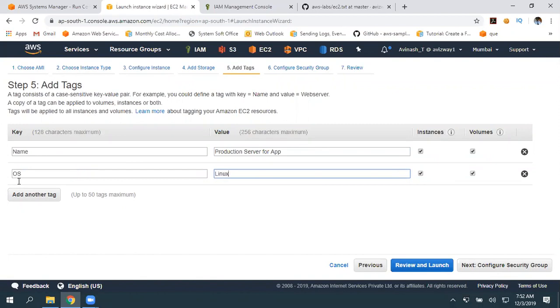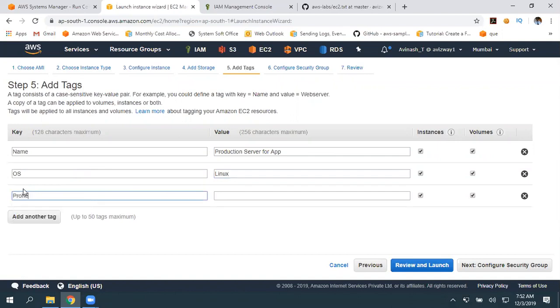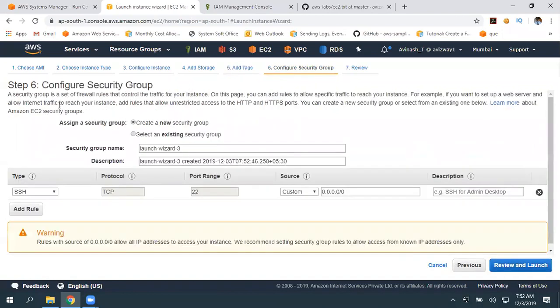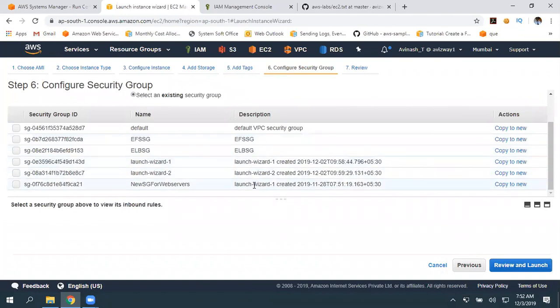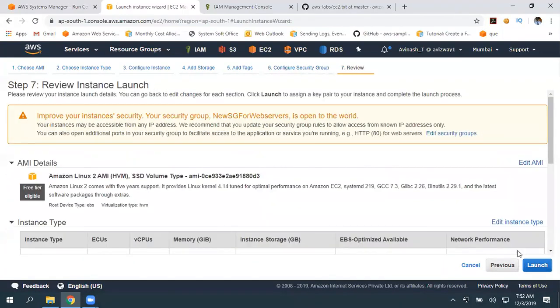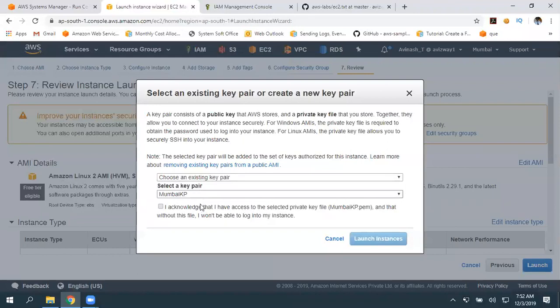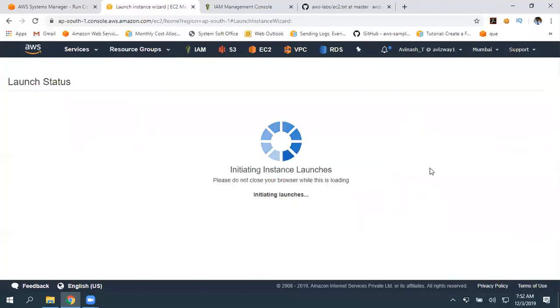Okay, and for what project you are using this? Let's assume you are using this for Java. So we are giving some tags. Then click on next. Select an existing security group, as I have the required one. Then click on review, then launch, and I'm logging in with the existing key pair.